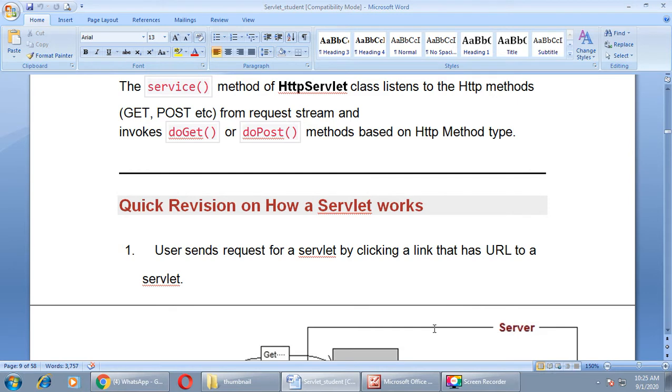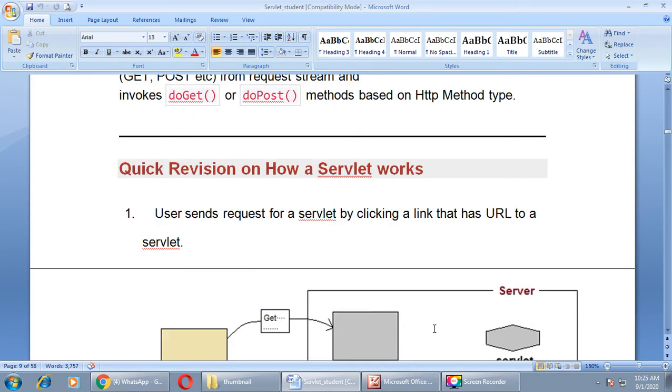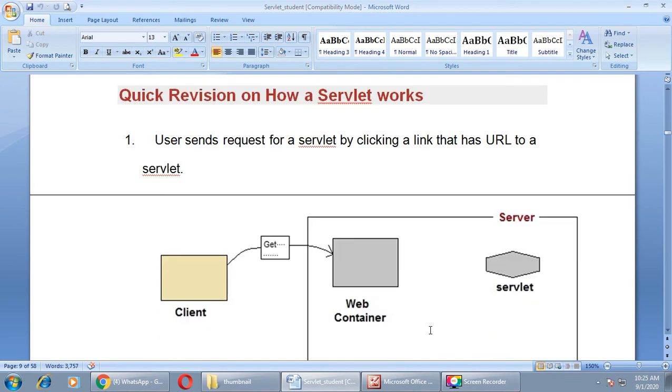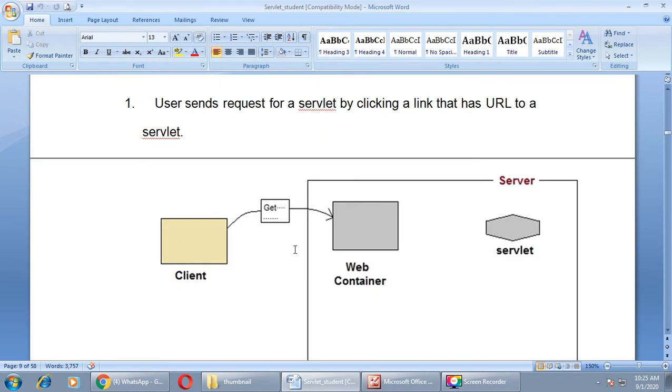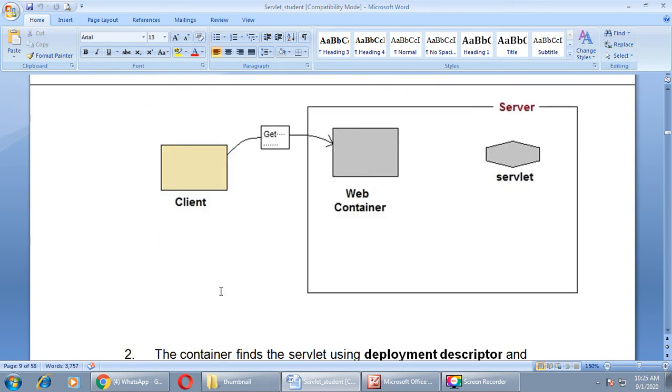Here let us see how the servlet works. It is a quick revision. User sends a request for a servlet by clicking a link that has a URL to a servlet. You can see here the first step, right? By clicking on the link that has a URL to a servlet, the user sends a request.